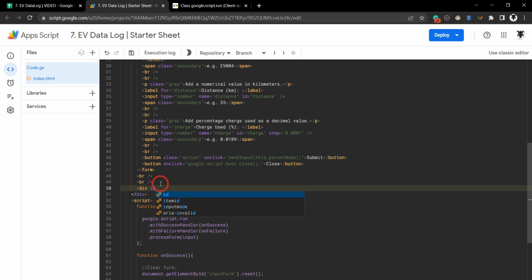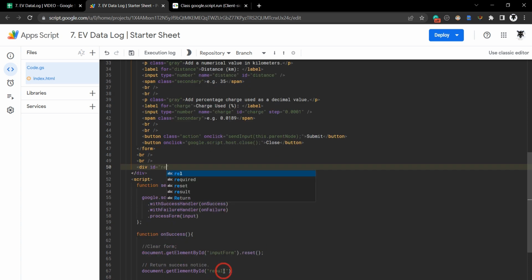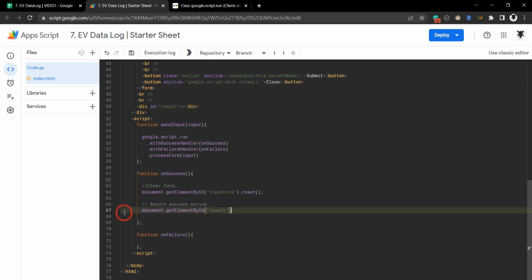with an ID equal to, and what was it? Result. And we'll just keep it empty because we don't want to see anything in there until we display a result. Cool. All right, so get element by ID result. Well, that's a new one we made. And what do we want to do? Let's get the inner HTML of that div